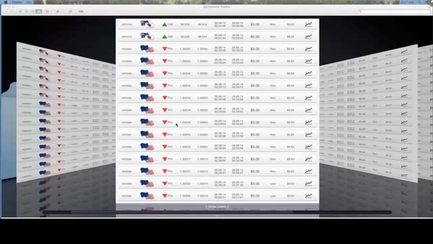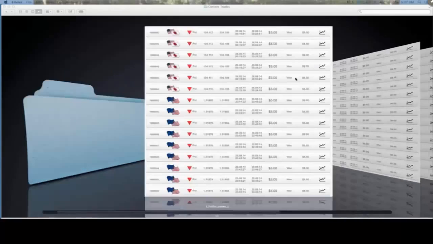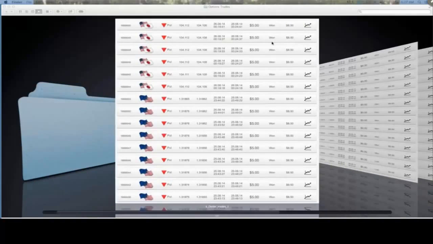So let me move on and show you some more. This is another snapshot. We got another loss in here and a tie, but overall, we got 13 wins out of 15 trades. Those numbers are astronomical. Check this out. I was on a kick where I wanted to get 101 trades in a row, where I had spent $5 and made $3.50 100 times in a row without losing. I couldn't do it, but I got to somewhere around 60, which is still very impressive, before I lost my first trade on that run.